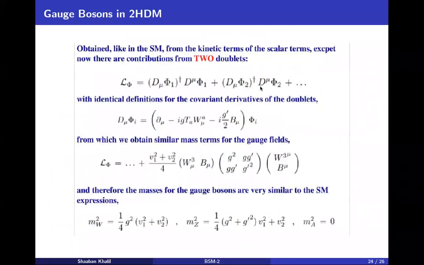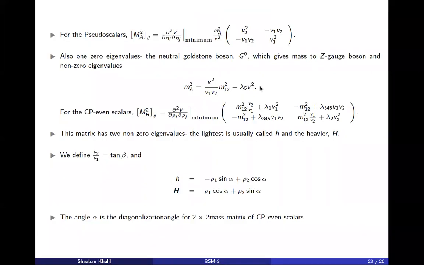Okay, and this is maybe an important feature of this class of model. In B minus L, we don't have charged scalars. We have only pseudoscalar and independent from. Now for CP even,